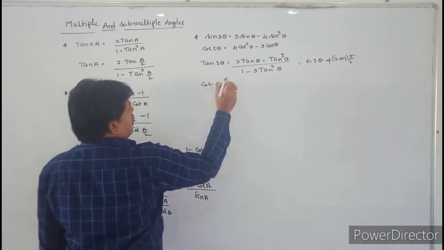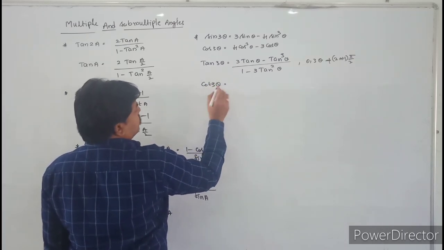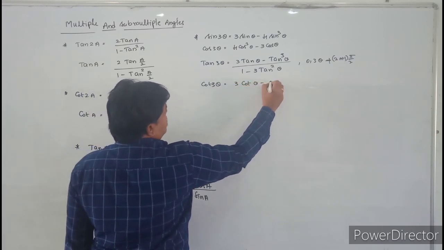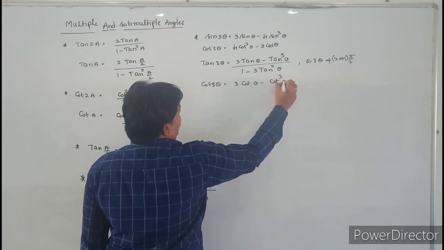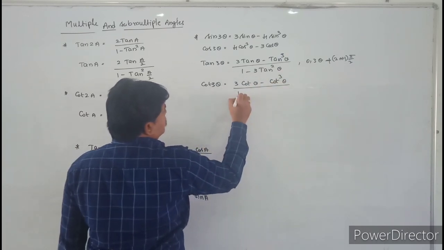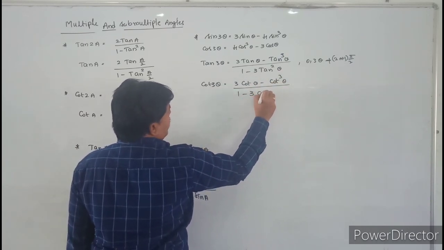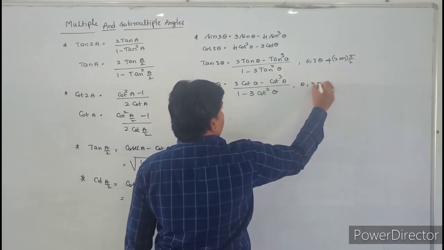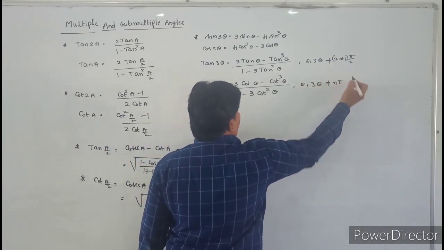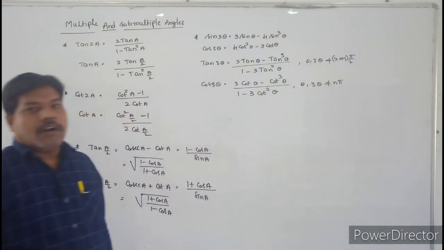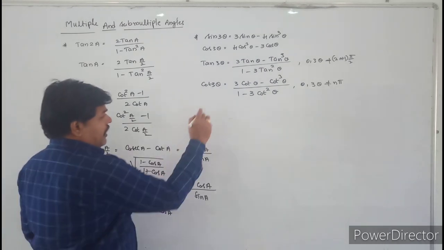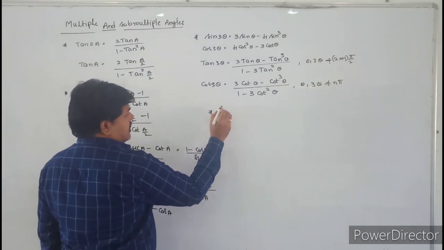So cot 3 theta is equal to (3 cot theta minus cot cube theta) by (1 minus 3 cot square theta), where theta and 3 theta are not multiples of n pi. So see that one, students, and also very important conditions. So see these are conditions.